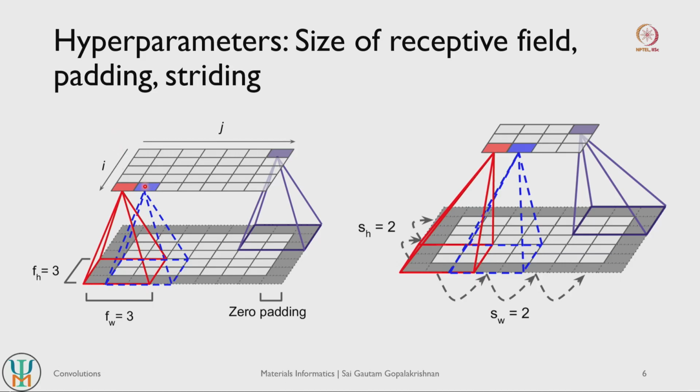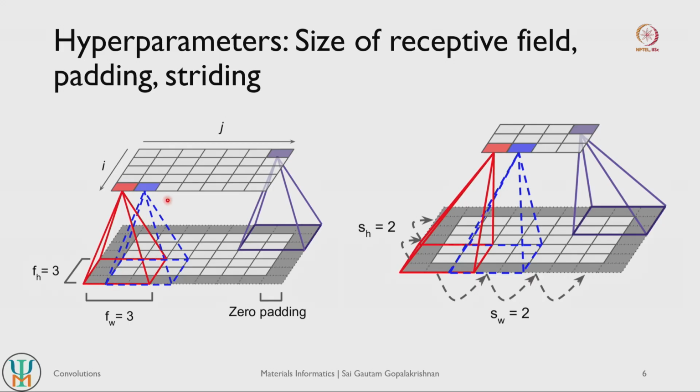Let's say these two are two different convolutional layers. You have the same number of neurons in both layers. You have about 35 neurons in this layer here, and let's say this layer also has about 35 neurons. If you now take the blue neuron here, it is connected to all the neurons that are highlighted by this blue box here. All the neurons that are connected by this blue box is what is referred to as the receptive field.